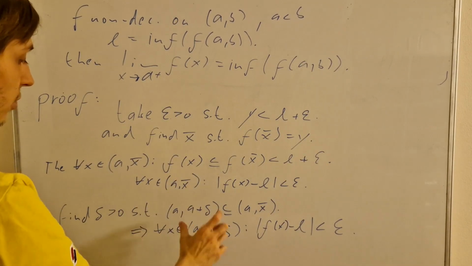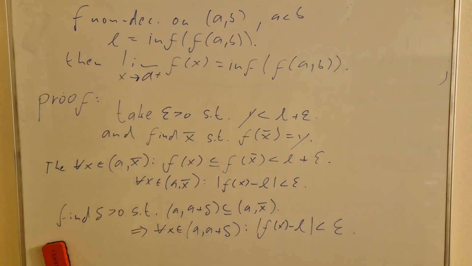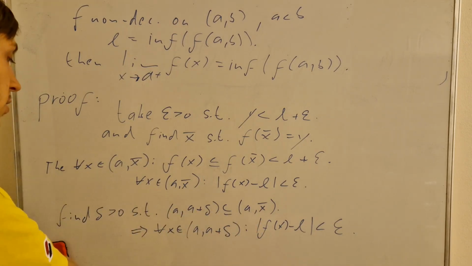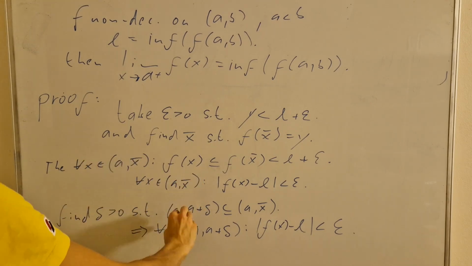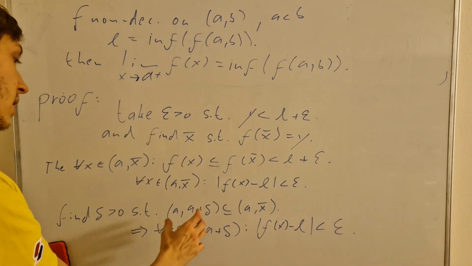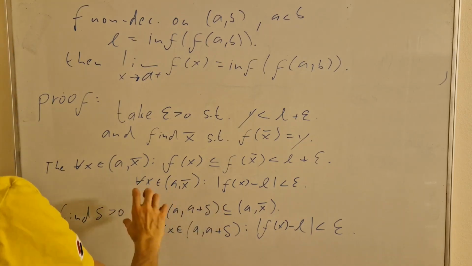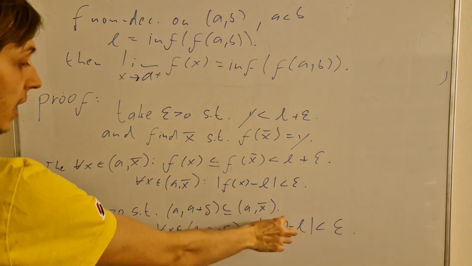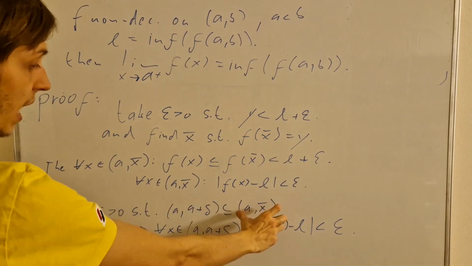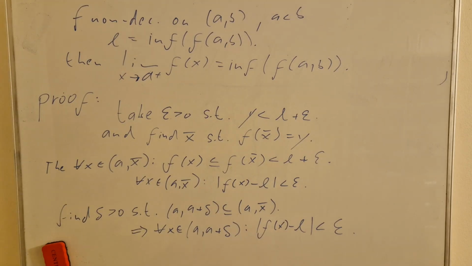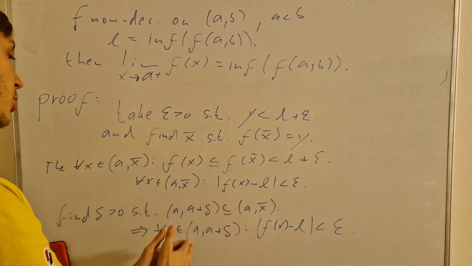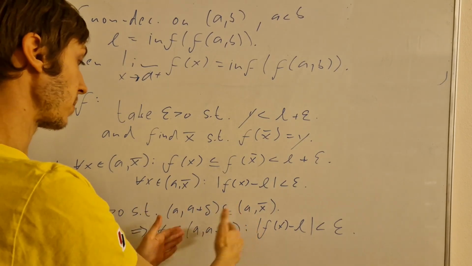So for every x in this sort of interval where we start at A and go by delta to the right only, we don't go to the left, so it's not the full neighborhood to both sides, like A minus delta until A plus delta. But just like here, we start with A and go some delta to the right. We can find a delta that's smaller than the difference between x bar and A, such that this is a subset of the A till x bar interval. And then for every x inside this A till A plus delta, which would be a subset of this interval that we talked about before,